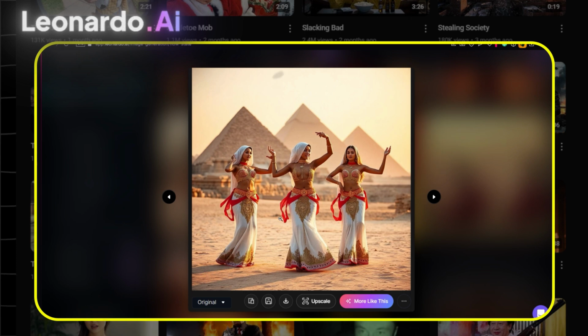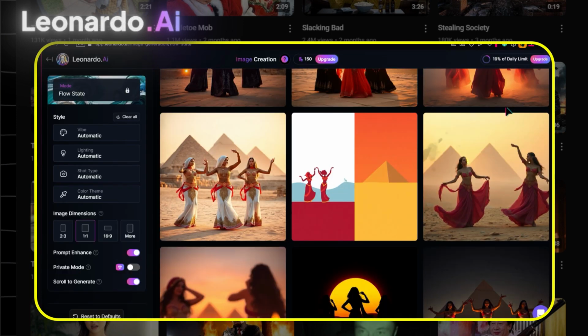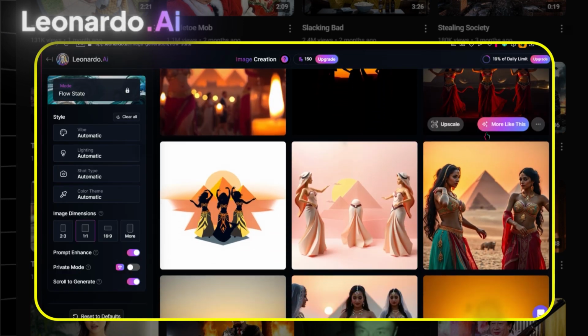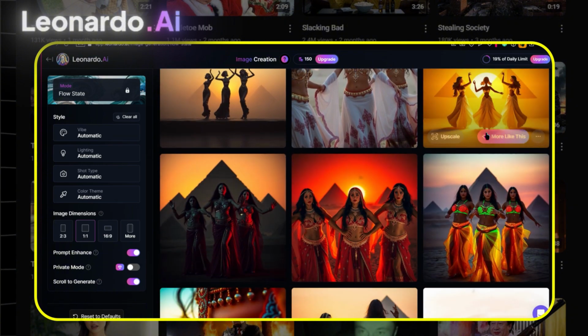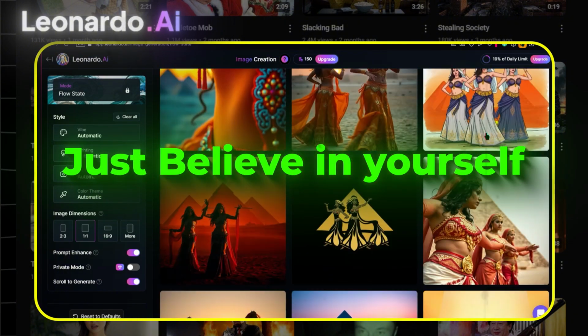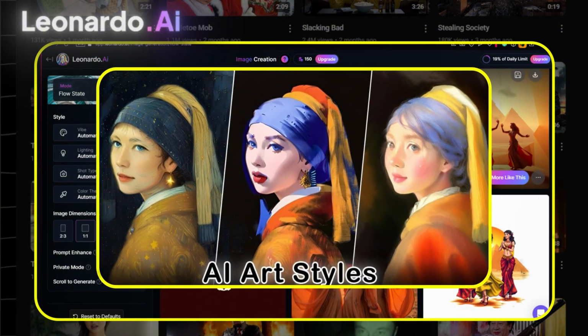See the perfection of the images. That's why I choose Leonardo AI. This is the best AI for realistic images. Look at these images and imagine what kind of content you can make. You just need to take the first step, which is the hardest part. Just believe in yourself. Whichever style you want to generate,